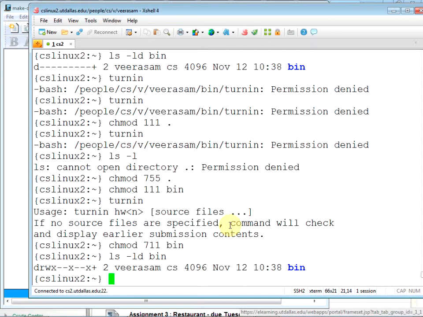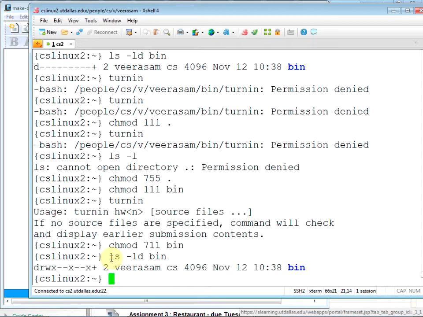Anyway, play with that. You can change into it now. Listing is different. Listing actually requires R. So you are not able to list, right?